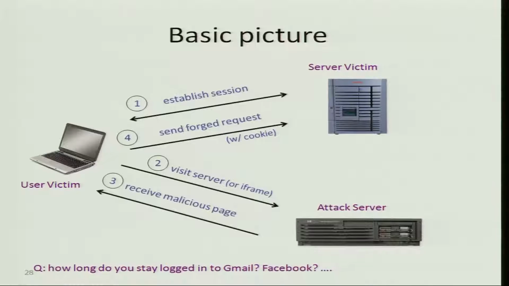Let's say the target site is your bank, so you connect to the bank and authenticate yourself, and you have the authenticator cookie and everything. Then on another tab or another frame, say an advertisement frame on the side of your bank website, you visit a site that